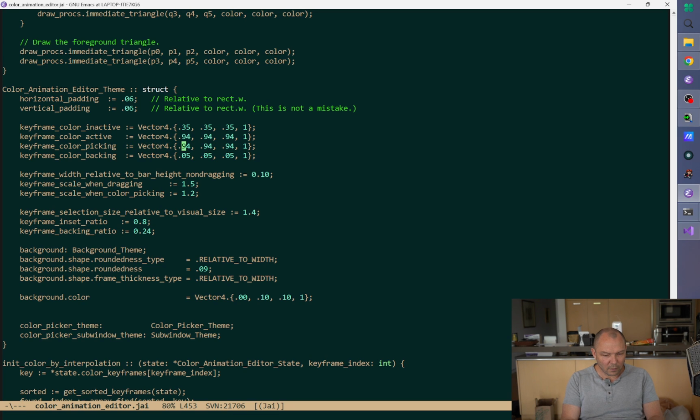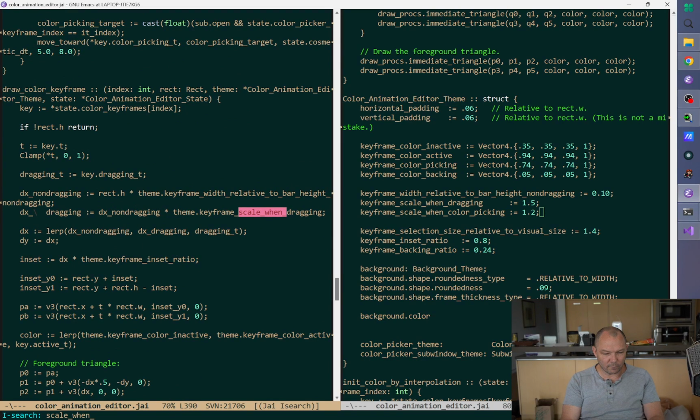And, you know, we still want it to be a grayscale. I don't know. Maybe it should be brighter when picking than dragging. Maybe not. Maybe you could imagine changing the backing color and then the foreground color is dark. Okay. Anyway,